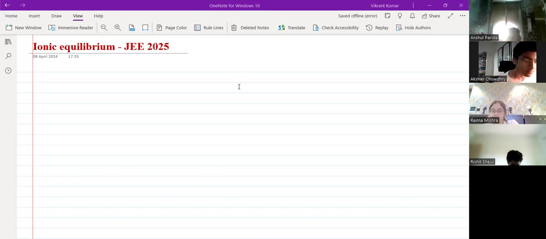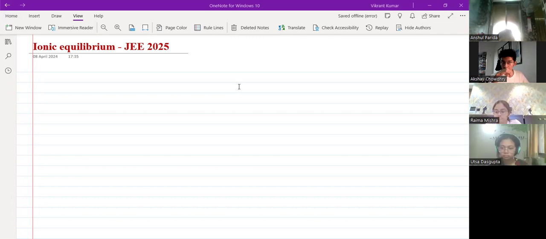what way you need to cover this chapter. First thing is thermodynamics and thermochemistry was a very long chapter. There were three sections: first law of thermodynamics, then thermochemistry, and then second law of thermodynamics. Other than that, there were third law and zeroth law also, which is not officially in syllabus, but still we discuss those things in short. But we were having a detailed discussion over first law and second law particularly, and thermochemistry part. So it's a long section, and particularly the second law part was highly conceptual also. That's why students feel difficulty in that section.